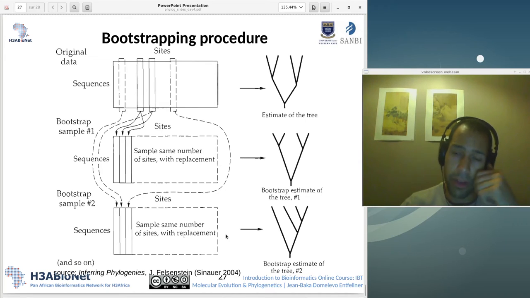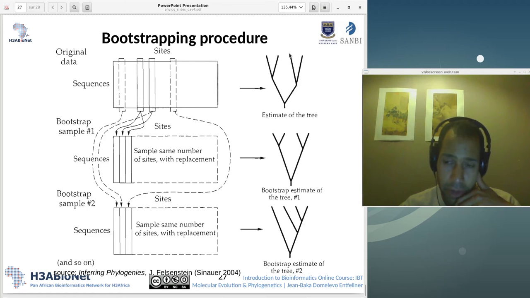So if here we have the number of times we see, so let's say this is taxa A, the external branches leading to a taxon will always have a support of 1, because you will always find this branch leading to the final taxa A somewhere in any tree, okay? But if we consider this branch, for instance, this branch is the branch leading, if they are taxa A and B,